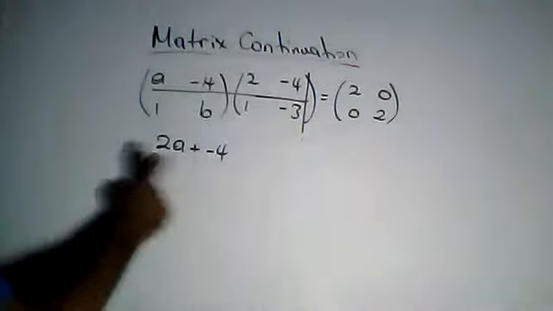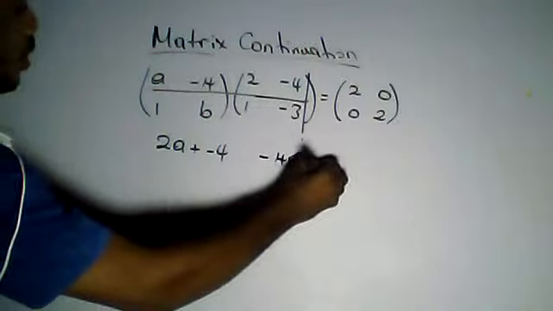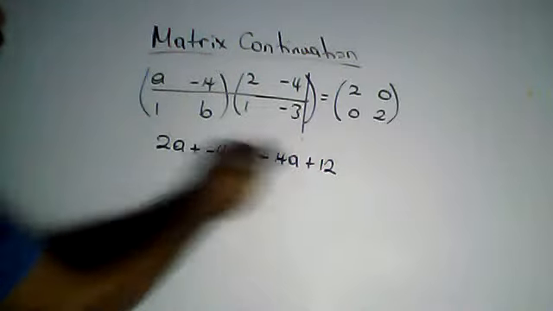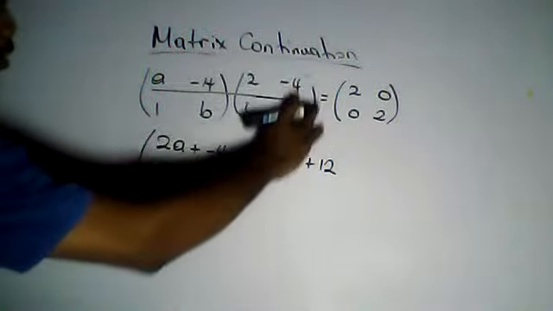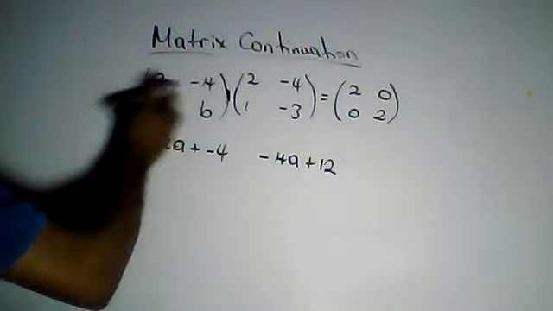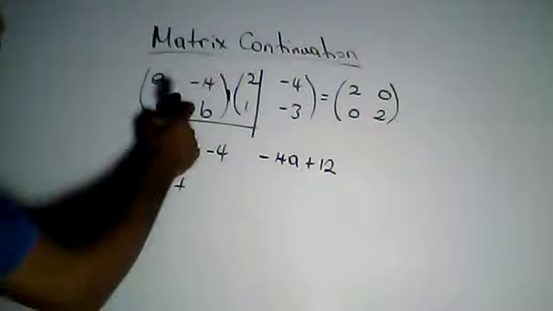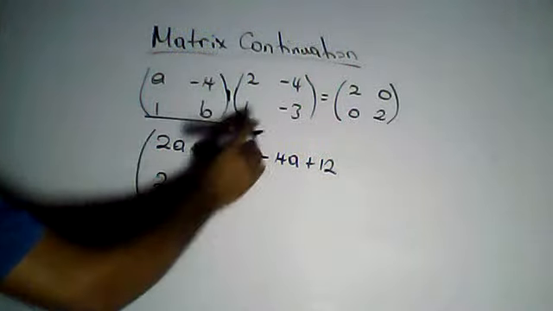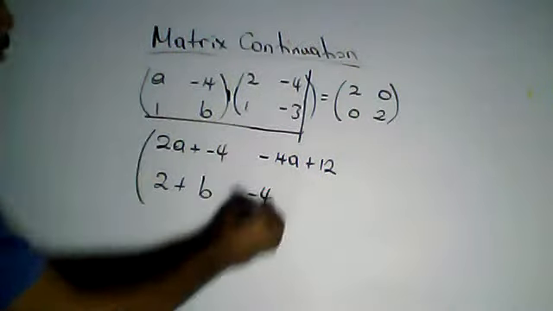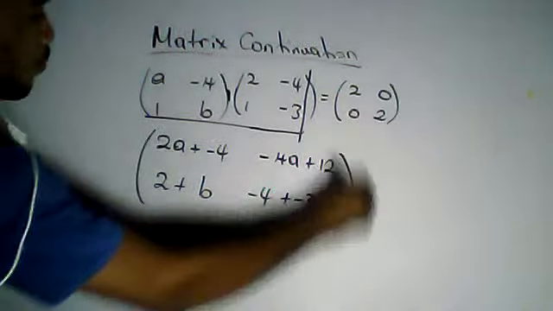So first row, first column gives me this. First row, second column, I'm going to have minus 4A plus 12, because it's A times minus 4, it's minus 4A, and minus 4 times minus 3 is positive 12. So that was the first row and the 2 columns. Now the second row and the 2 columns. Second row, first column: 1 times 2, which is 2, plus B times 1, plus B. Second row, second column: 1 times minus 4, which is minus 4, plus B times minus 3, which is minus 3B. And it's equal to